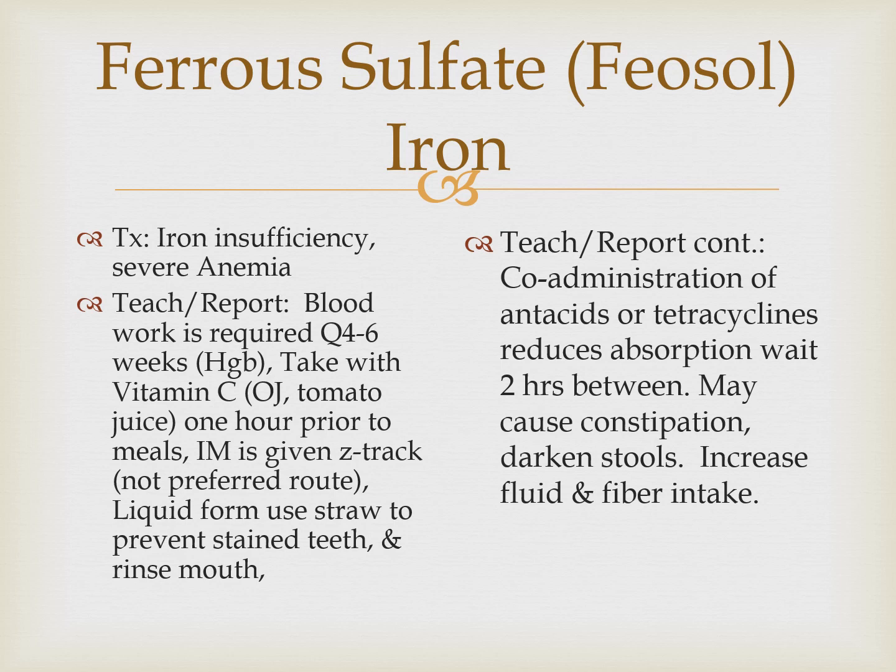Iron. So we give iron for severe anemia. We have to do blood work every 4 to 6 weeks when they're on iron initially. If they take vitamin C at the same time they take their iron, it absorbs better. Don't just focus on orange juice; tomato juice is also high in vitamin C. They should take this 1 hour prior to eating, and if they take it with orange juice, it will definitely